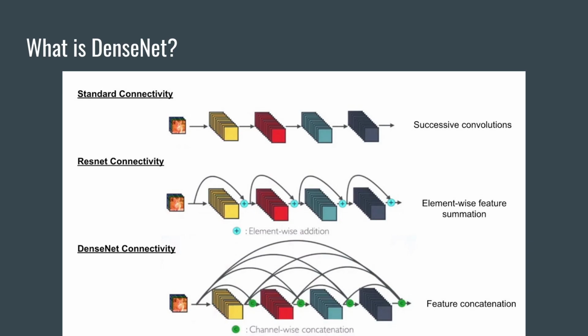Next comes the ResNet, which introduced the concept of identity mapping. Identity mapping is just an element wise addition of the input feature map with the output feature map. This identity mapping or shortcut connection helps in better propagation of gradient during the back propagation.